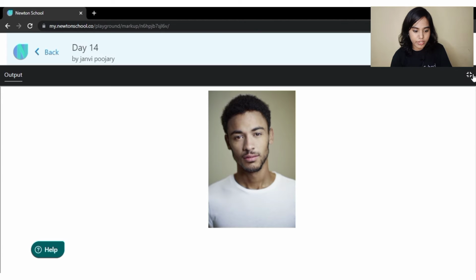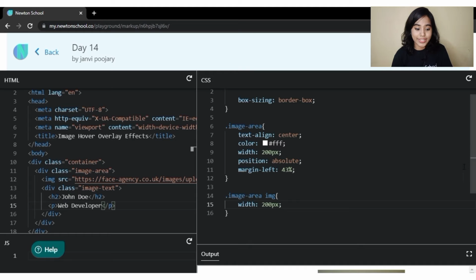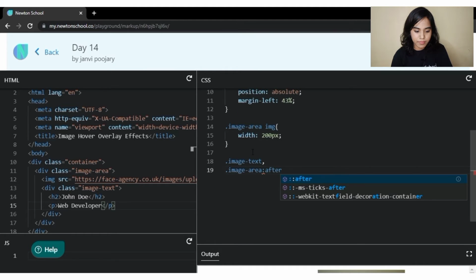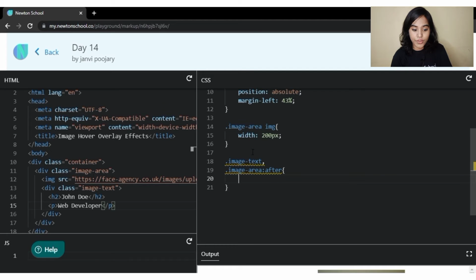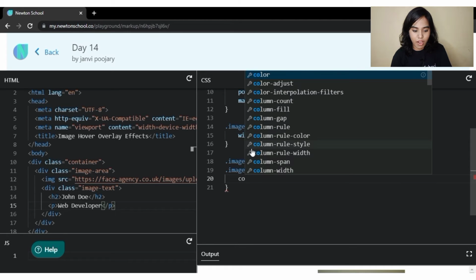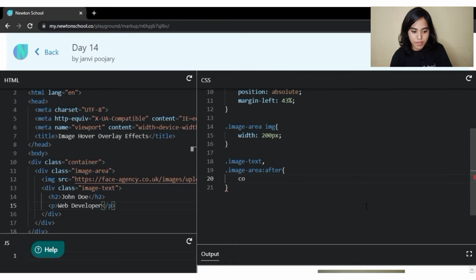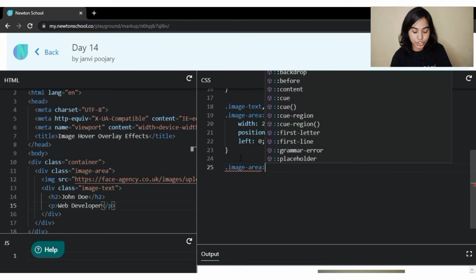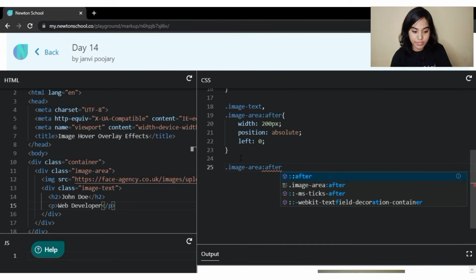It looks good. Now we will target our text and image area, like we will say what will happen to the text. After that, we say the width should be 200 pixels, the position should be absolute and the left should be 0.